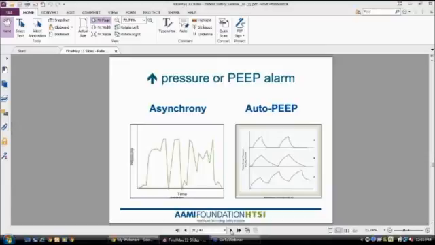In scalar B, in the middle, you can see that the machine gives a breath, and the patient does exhale all the way,